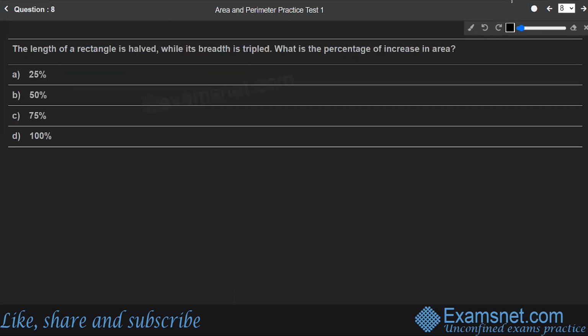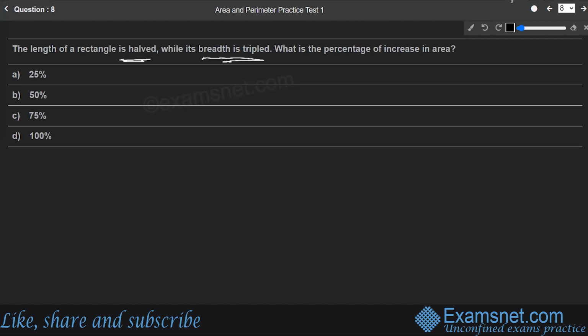It says the length of a rectangle is halved while its breadth is tripled. What is the percentage of increase in the area? Okay, this is the question given. For these types of questions, we first assume some length and breadth, and then we find out the area. Then we change the length and breadth as given in the question, and we try to find the new area, and then we compare the old area and the new area for any